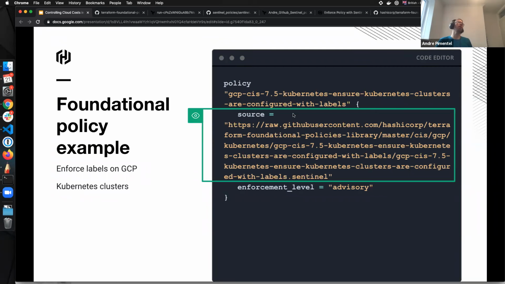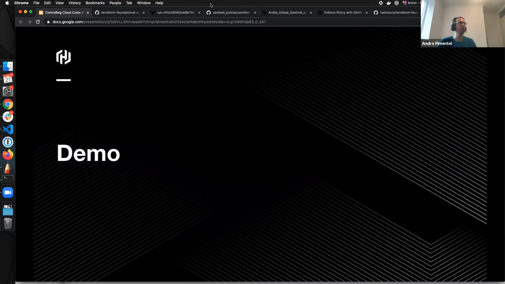And as I mentioned, on that sentinel.hcl file, you can actually point the source to any other external repo that is publicly available. So if you want to use the CIS policies or any policies from the governance repo, you can just point the raw file here, and that's it. You don't have to worry much about coding Sentinel if you're an early adopter. But I really recommend you to centralize that into your own repo, have your teams manage that repo separately, and to learn Sentinel. So let's go for the demo.